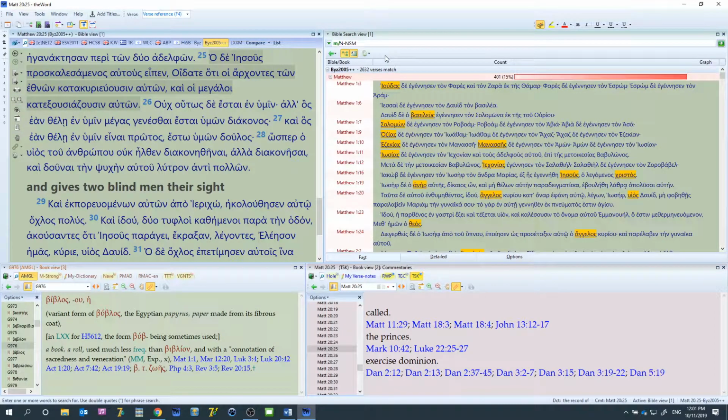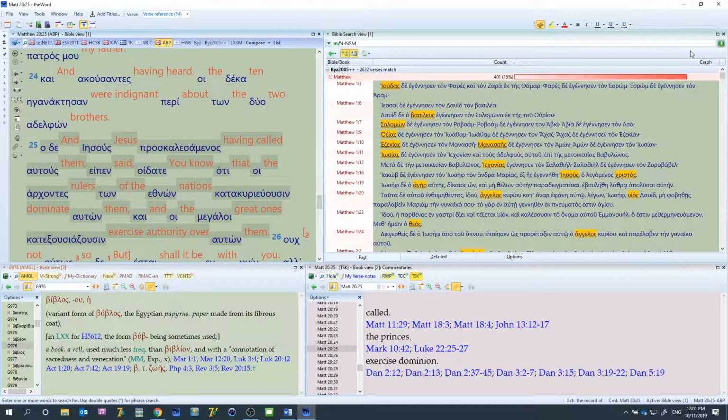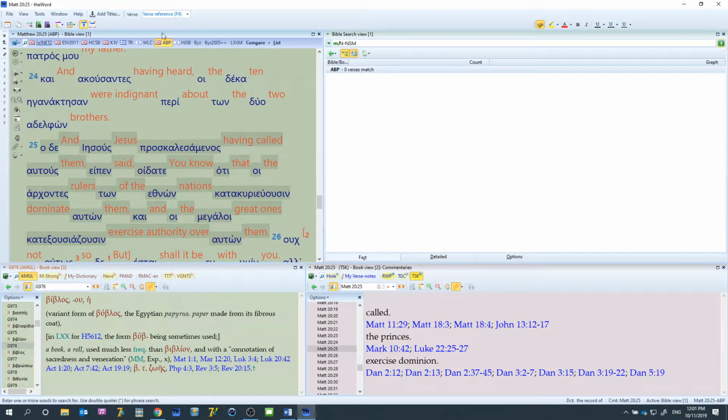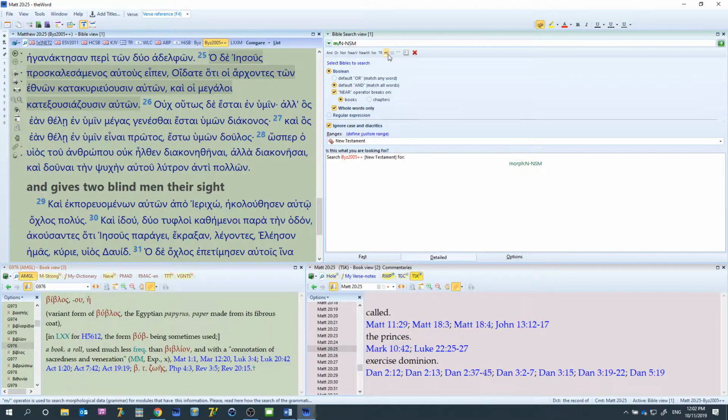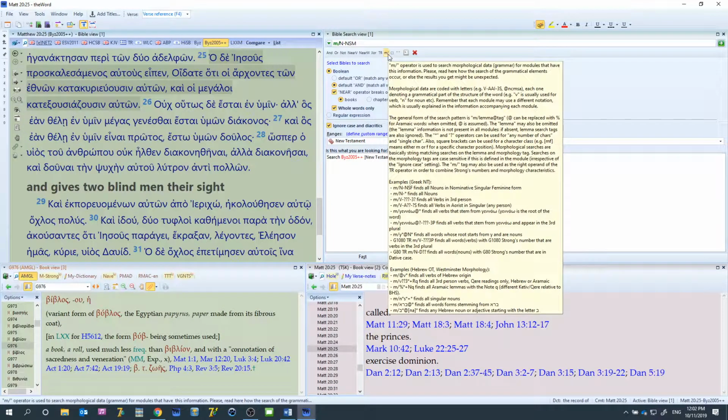For some, this would not make a lot of difference right now. Maybe this is not something you're into at this present time. This might be better done for you under ABP if it has morphology. I do not remember if it does. Nope. So let's return over here to the Byzantine 2005. And let's go back in here to detailed and let's look a little further. What if we wanted to go to all the cases where